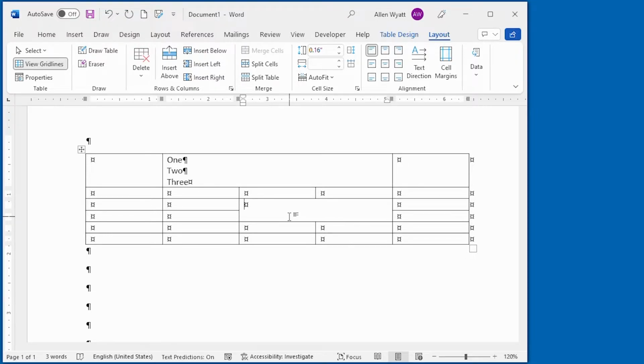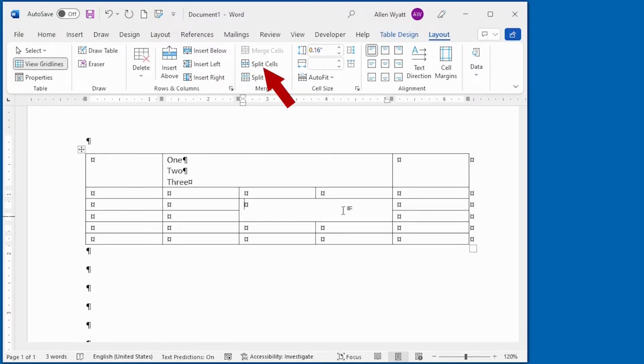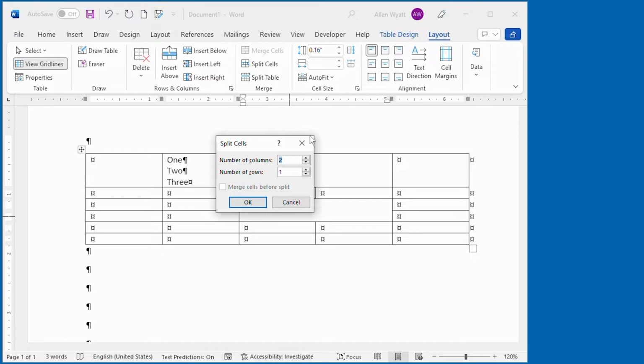Start by placing the insertion point within the cell that you want to split. I've already got the insertion point within this cell that we previously merged. On the Layout tab of the ribbon again, you can see the Split Cells tool. This is the one that you're going to be using. All you have to do is go ahead and click the tool once, and it displays the Split Cells dialog